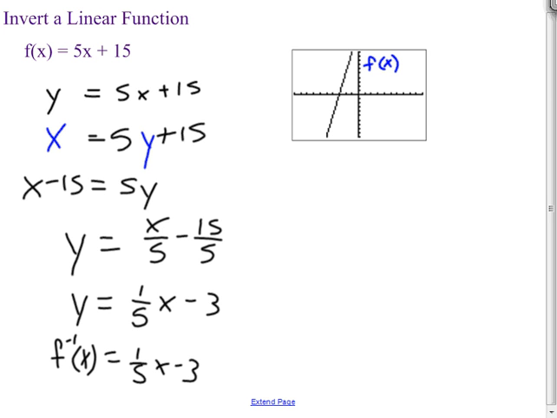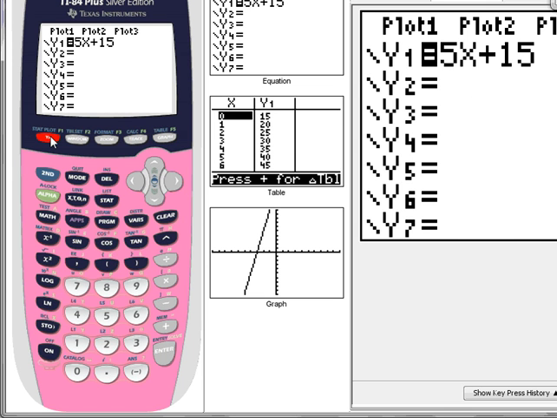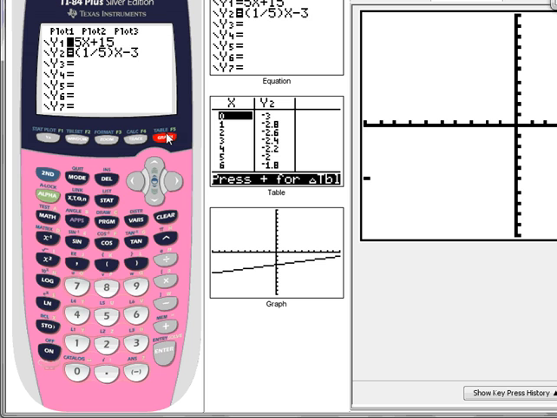So now I'm going to graph that. Going back over here, I'm going to graph this on the second line. And this is 1/5, so I need to put parentheses around that: 1 divided by 5, x, minus 3. I'm going to turn off my first graph. That way we can see just what this one looks like. To turn it off, I have to have the equal sign flashing. Hit enter. See how it's not highlighted anymore? To turn it on again, you just have to cover up the equal sign, hit enter, and then it goes on. So now when I graph this one,